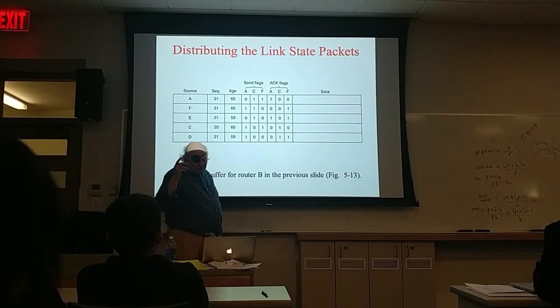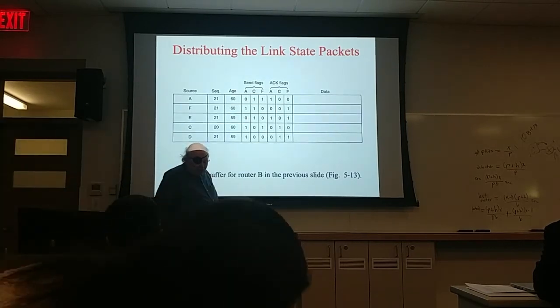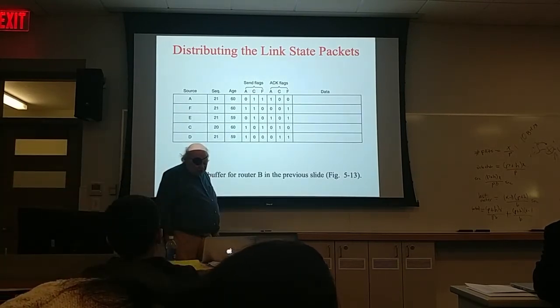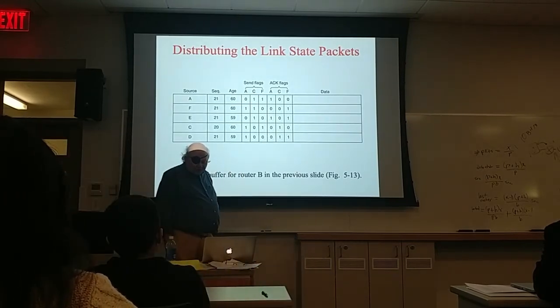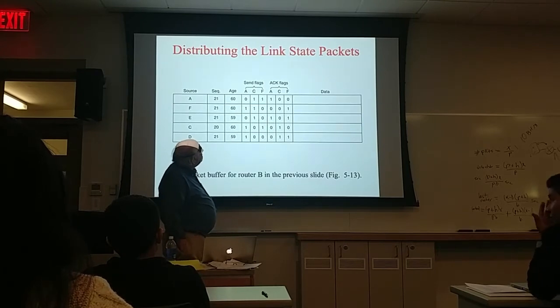The flags indicate who is to forward info to who and who is to act. Once this is done, we can construct a picture of the graph and run the Dijkstra algorithm on it. Now, it turns out